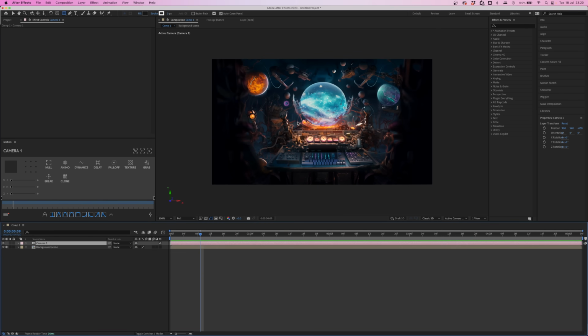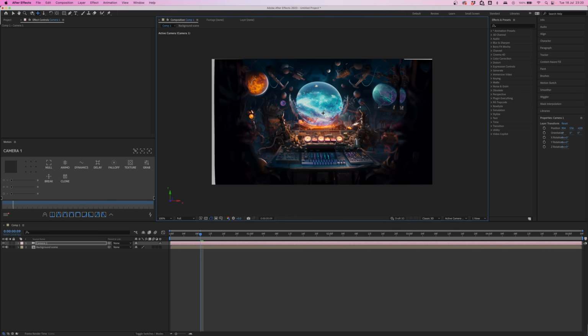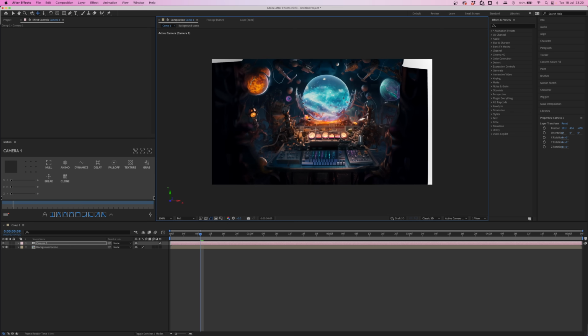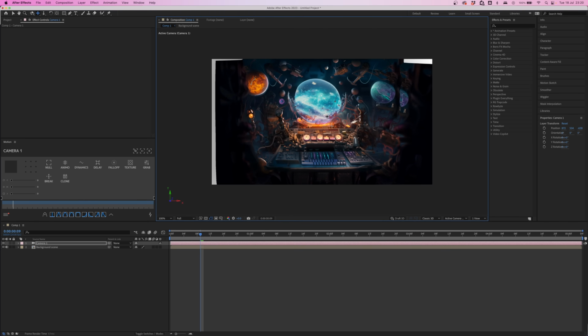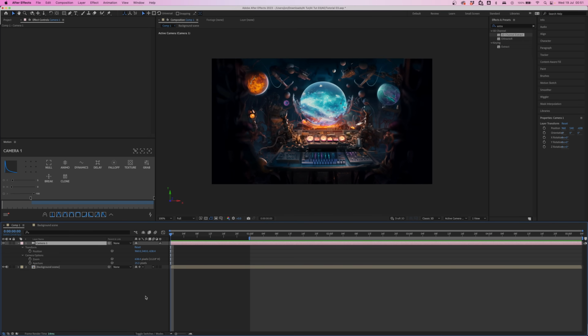In our composition view window, we can press C to cycle through the camera controls. We want this one with the panning tool. And we can pan left and right using the camera to affect the displacement map in the pre-comp to give us that cool 3D control. Next, we can do some things to improve the scene even further. So if we set some keyframes for the position of the camera,